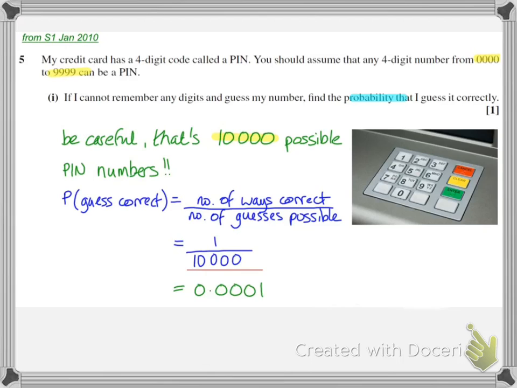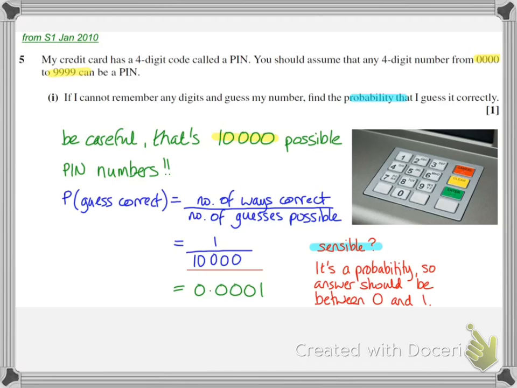0.0001. Now, just before moving on, I will just think for a moment, is my answer sensible? There are similar questions that could be asked here, such as how many possible PIN numbers are there, for which the answer would have been 10,000, but this is asking for the probability of guessing correctly. So I am looking for a probability, I'm looking for a number between 0